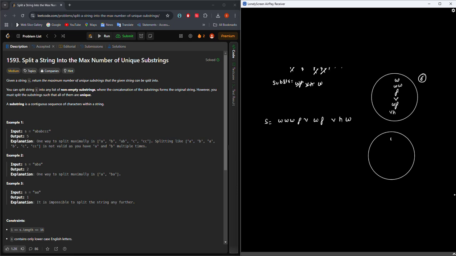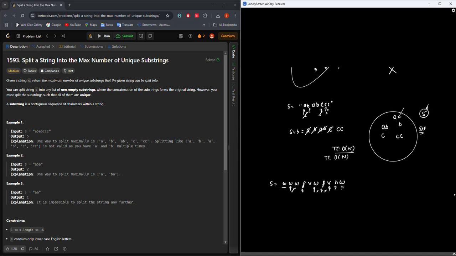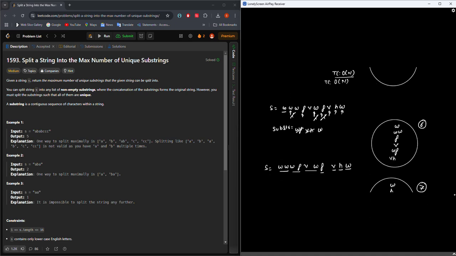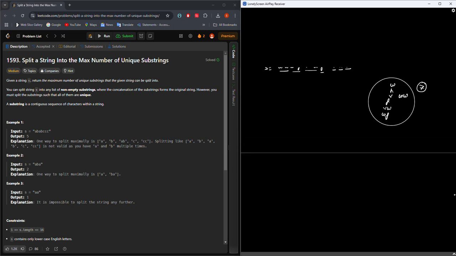Now here we can say we divide W, H, V, and everyone is unique, right? F is unique, W has already come, so we will take VW. Now F has already come into the picture, so we will take FW and WW, and everyone is unique, right? What is the size? 1 2 3 4 5 6 7. The size will be 7 in this case. That means this upper approach of traversing is not working, right? We need to think about a different approach, correct?